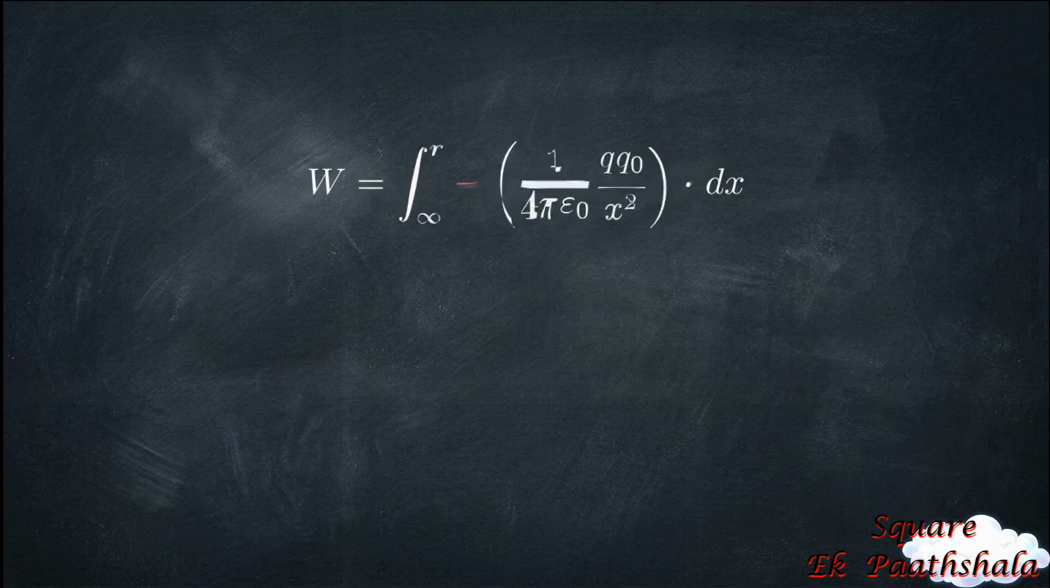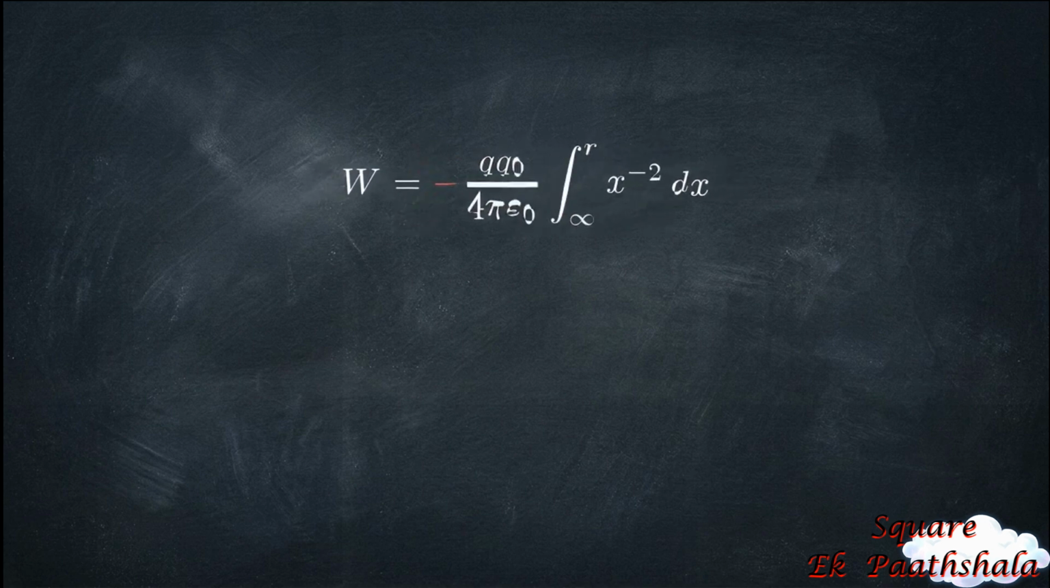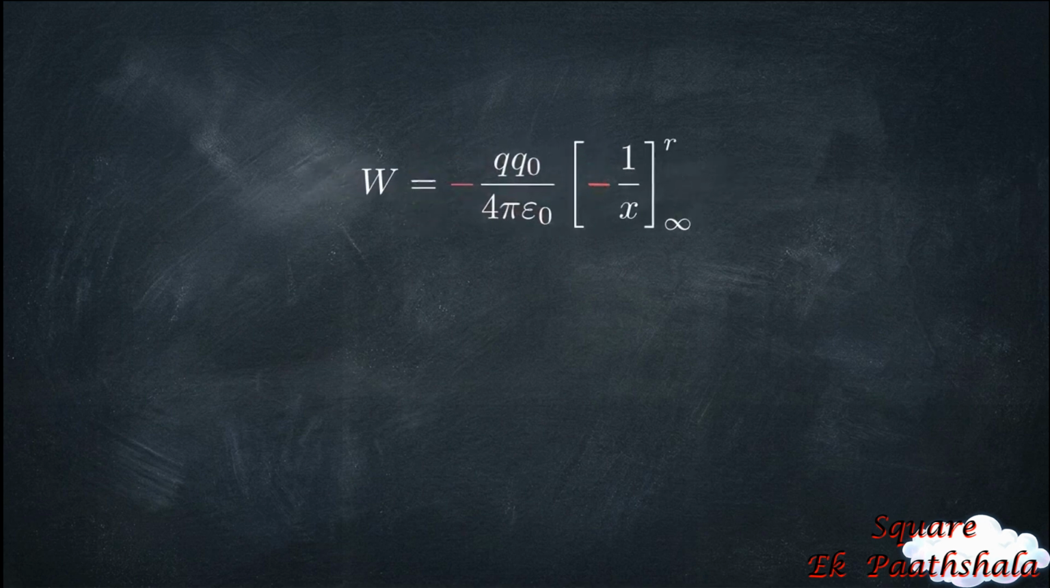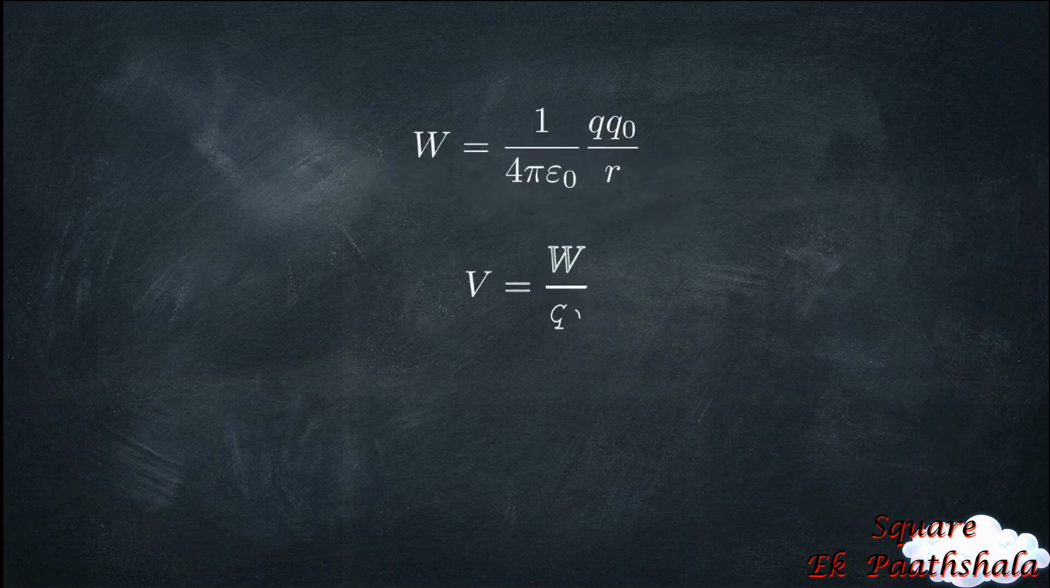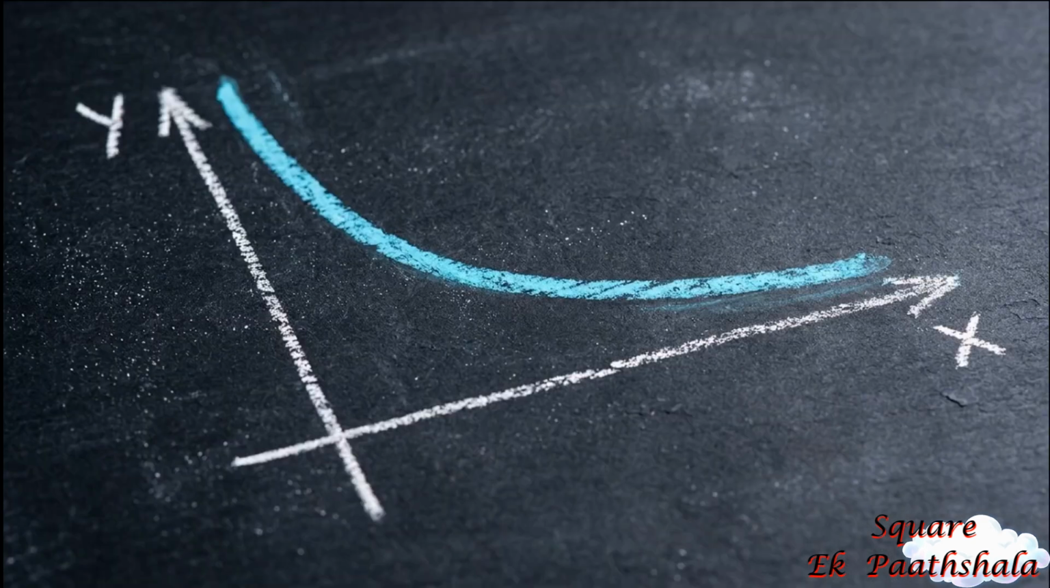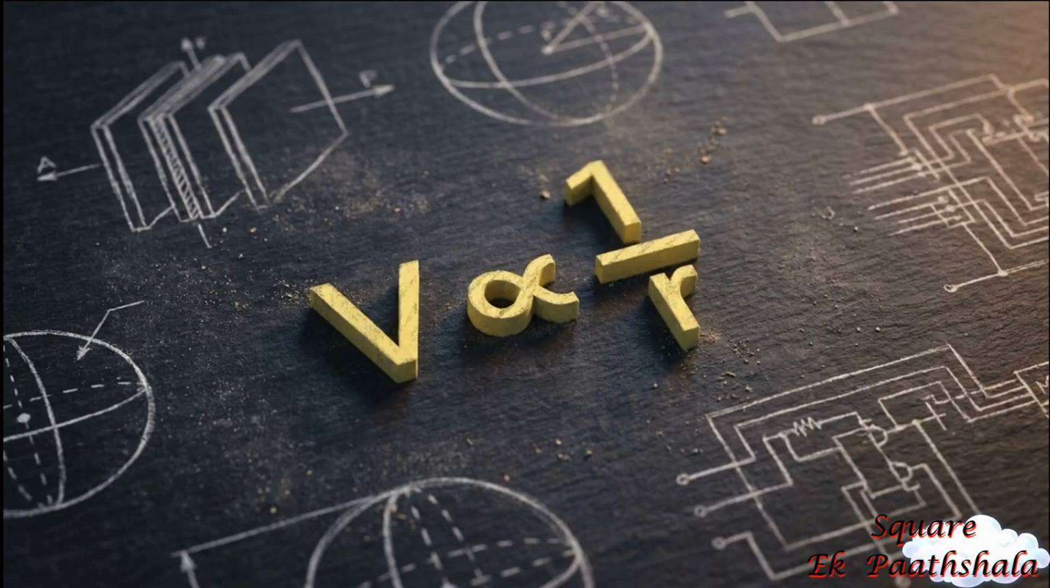To find the total work done, we integrate this force from infinity to our actual distance, r. The integral of x to the power of -2 becomes -1 over x. Those negative signs cancel out, giving us our final mathematical relationship. Electric potential drops off inversely with distance. This 1 over r relationship forms the mathematical baseline that dictates how energy behaves in every complex electrical configuration we